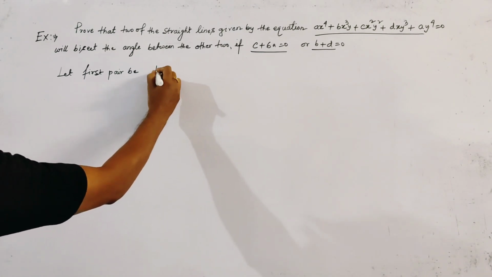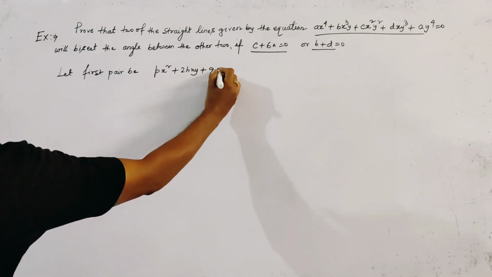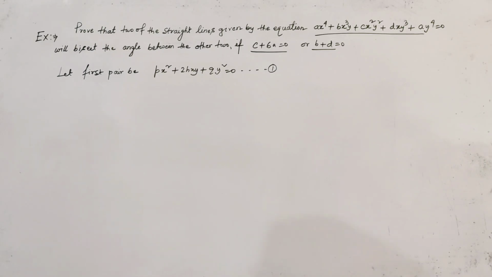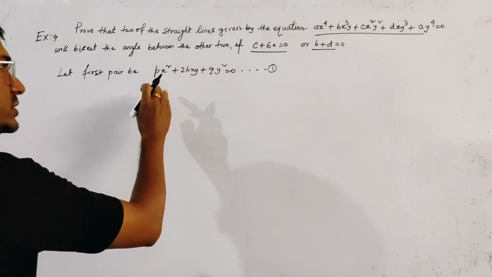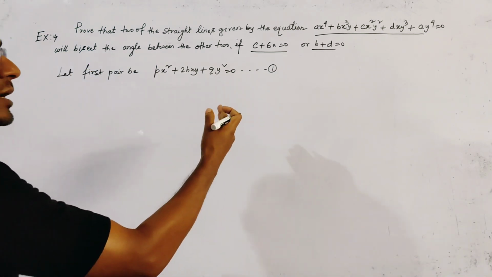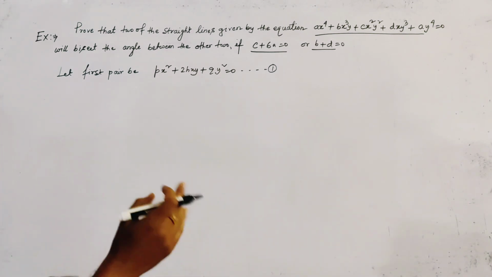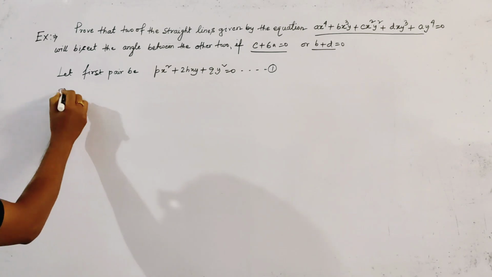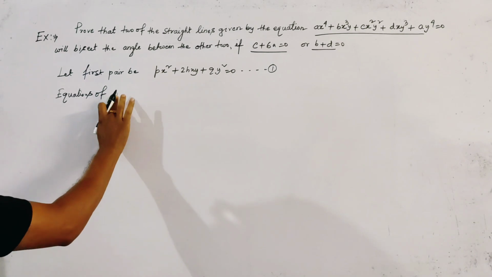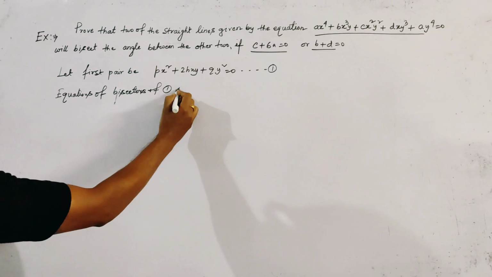px^2 + 2hxy + qy^2 = 0. Let it be the first pair, and we first find the equation of the bisector of pair 1, and this must be the second pair of the 4 straight lines, because one pair will bisect the other pair. The equation of the bisectors of 1 is given by